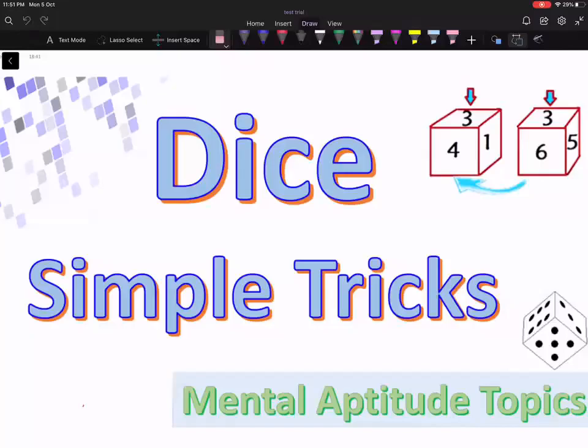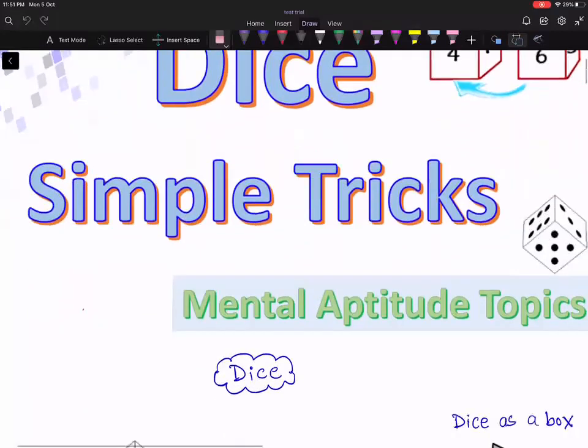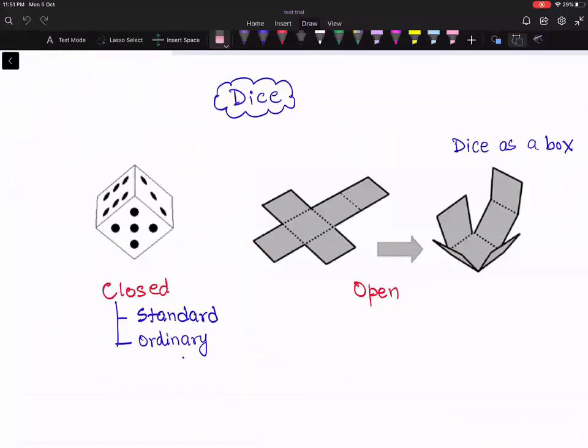Hello everyone. Today's class will be learning a few tricks on how to solve the dice question relatively faster, right? So, a few basics related to dice. The pictures given to you will show either a closed dice or an open dice. In the case of an open dice, the dice is treated as a box and all six sides of the dice are open, with the numbers or elements given on it.